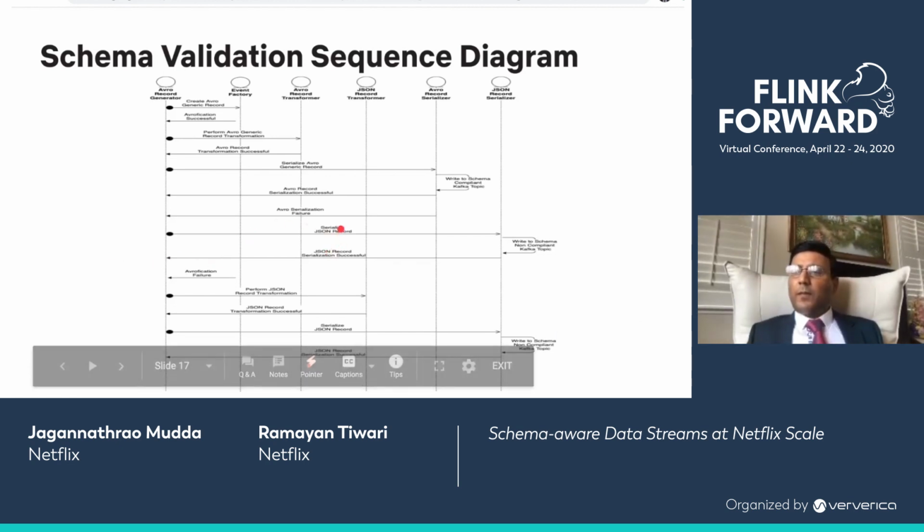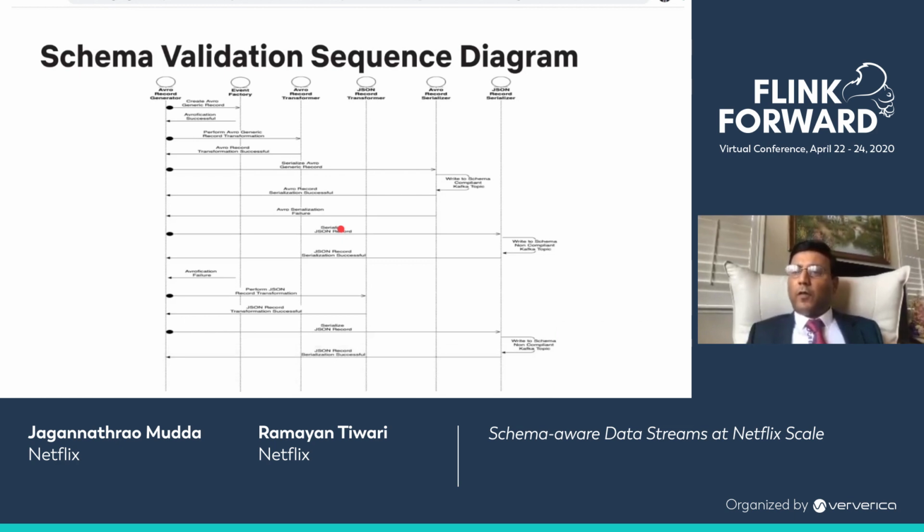The JSON record here represents a schema non-compliant record which will be returned to a schema non-compliant Kafka topic. The Avro generic record represents a schema compliant record which will be returned to the corresponding schema compliant Kafka topic. This is how the schema validation is done for every event record. The major challenge of segregating the schema compliant and non-compliant records along with capturing the schema errors is taken care of in this phase.